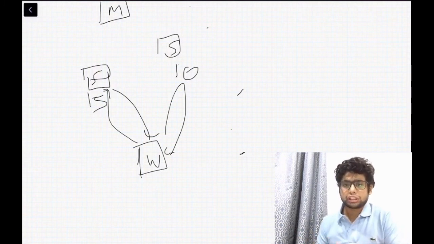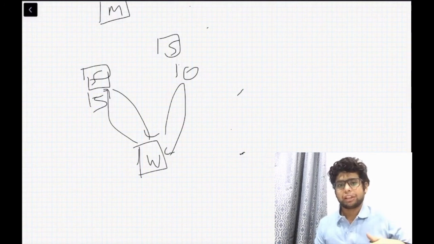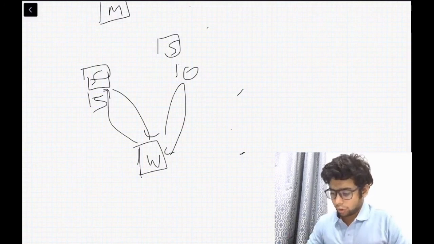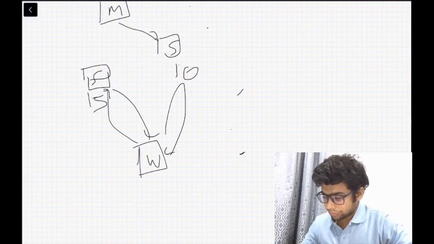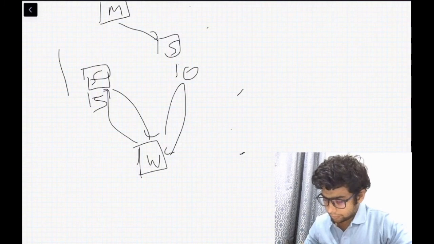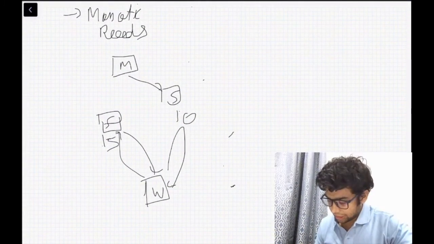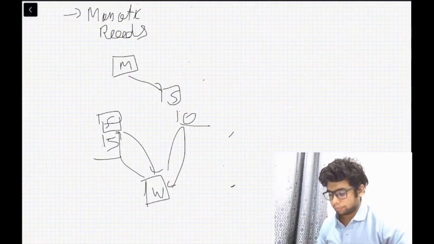But to the user, it seems that the vote has decreased, which is not possible. So the data is being moved backward in time, because there is a replication lag. So this is called monotonic reads. Like, this has data 15, this has 10, and this you get served the second time. So this is the problem.